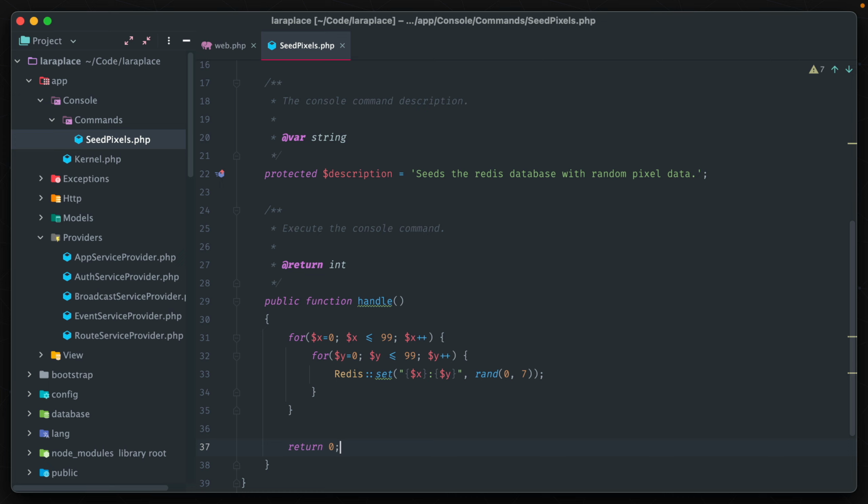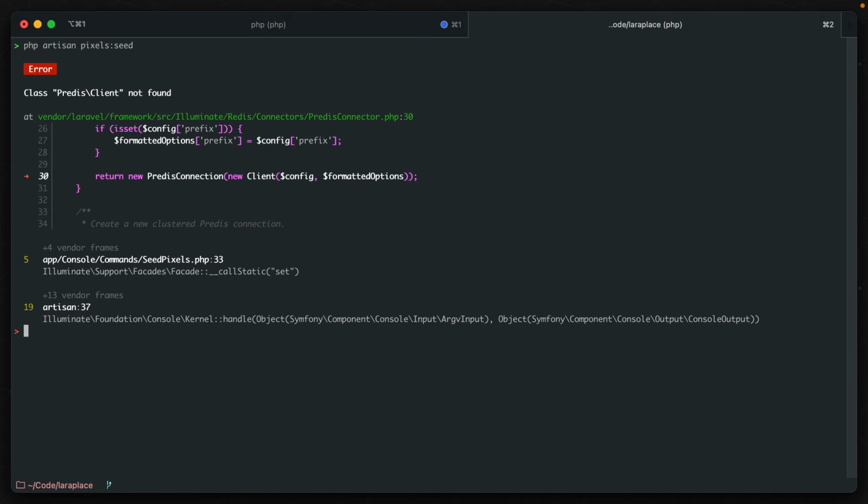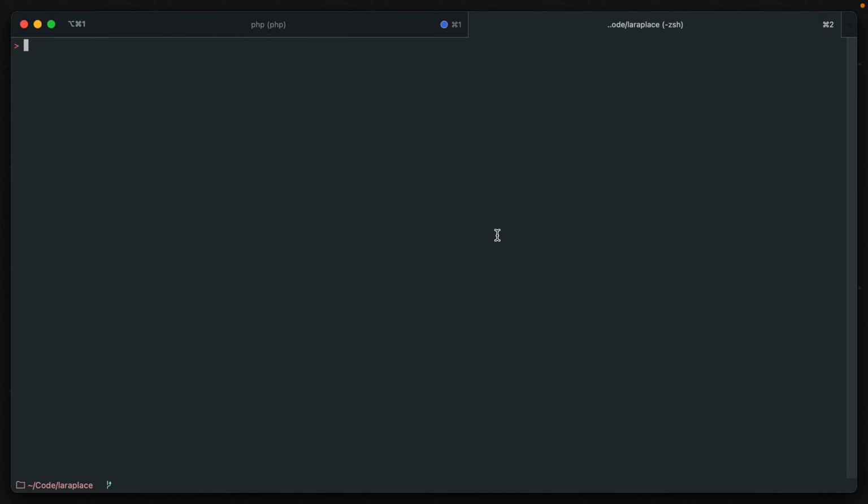Alright, now let's open up our terminal and run it. php artisan pixels:seed. Oh, I almost forgot one step, we have to install the Redis client into our application. composer require redis, and now that that's finished up, we can try our command one more time. It finished up, but now we need a way to retrieve this data and view it ourselves,